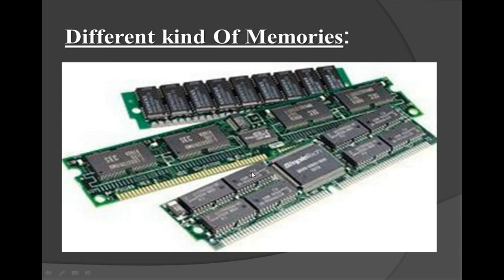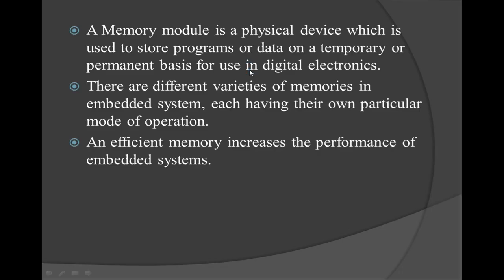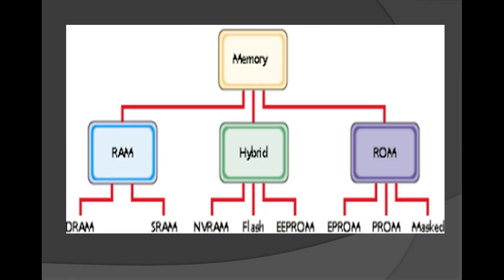So here in the diagram you can see different kinds of memories are available. Here in the chip you can see two memories can be set up in one chip, right? So this is one microcontroller, and with respect to this there are two kinds of chips you can use. On this board you can see only a single chip is utilized, and on this board you can see there are 1, 2, 3, 4, so a number of chips mounted on a single board. Depending upon that, these are the different kinds of memories in the embedded system you are going to use.